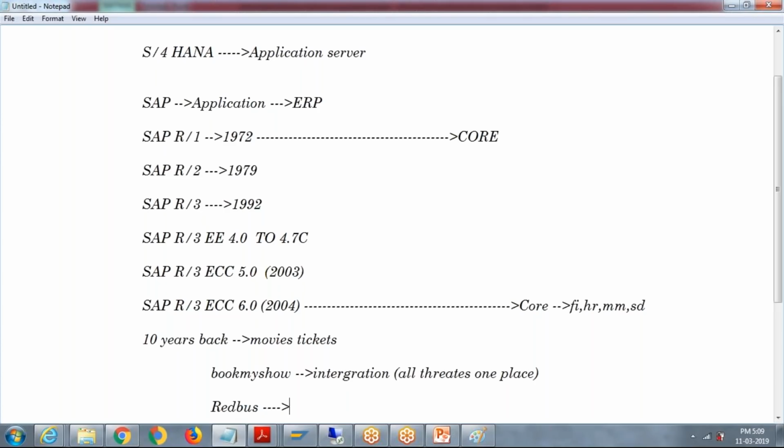How did you book tickets? You have to go back 10 years. Before Redbus, what happened? How did you book the tickets? You had to go to each and every travel agent and contact them. If it was by phone, you just had to pay. But now, as you can see in the video,